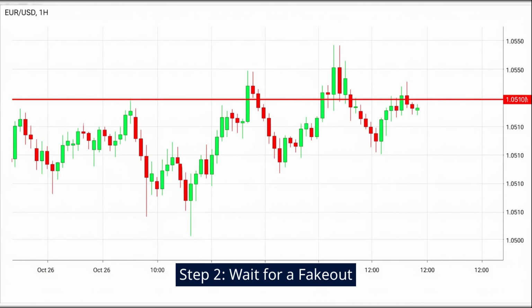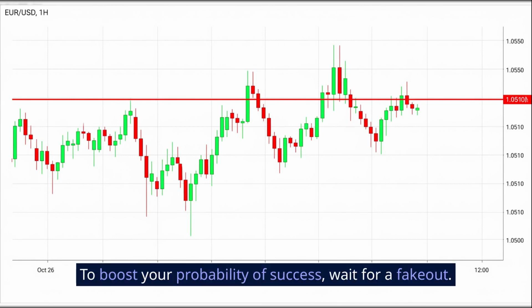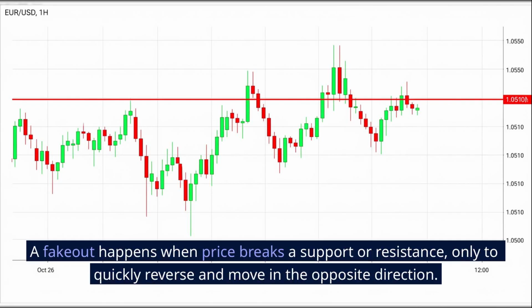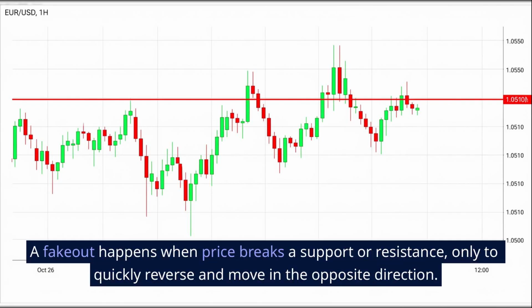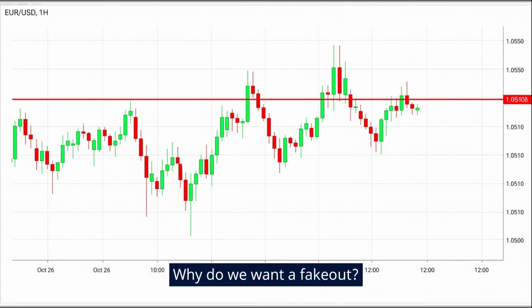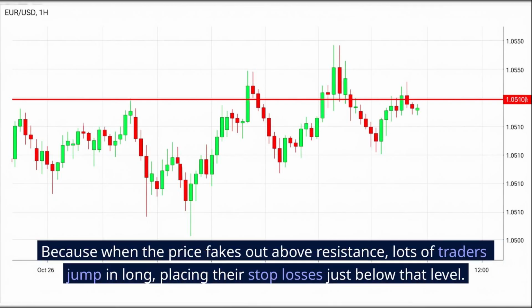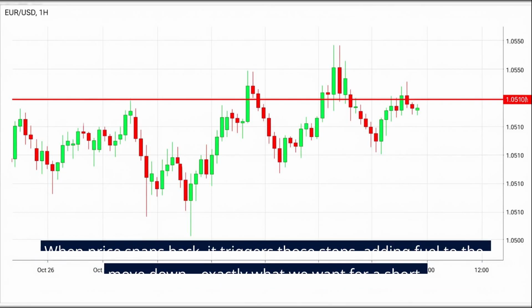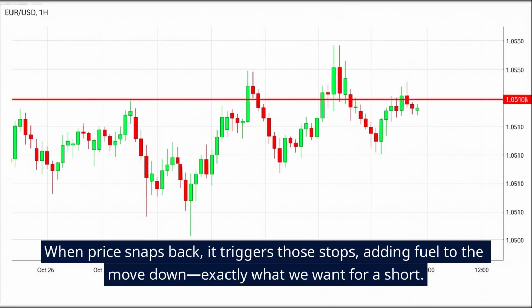Step 2. Wait for a fakeout. To boost your probability of success, wait for a fakeout. A fakeout happens when price breaks a support or resistance, only to quickly reverse and move in the opposite direction. Why do we want a fakeout? Because when the price fakes out above resistance, lots of traders jump in long, placing their stop losses just below that level. When price snaps back, it triggers those stops, adding fuel to the move down, exactly what we want